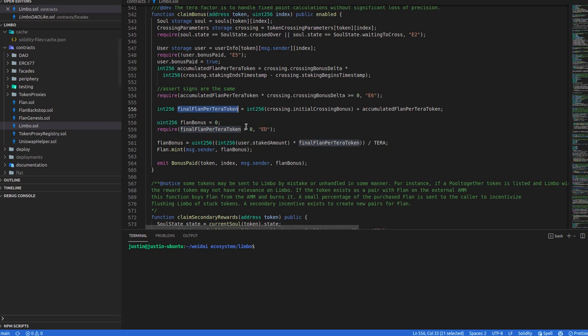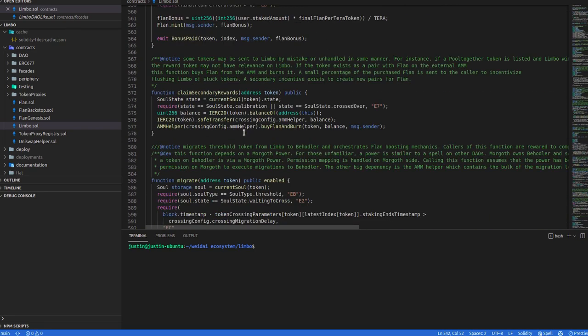Again, you can call this at any point after that's happened. You don't have to, there's no cutoff in time, and that's why you provide an index. And there's no way we can enforce a cutoff in time. So you never have to, we might make the UI obnoxious in terms of resisting your ability to claim old bonuses, but you can always drop down to the smart contract level.